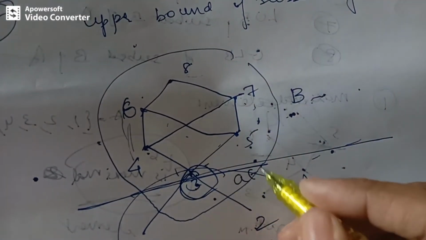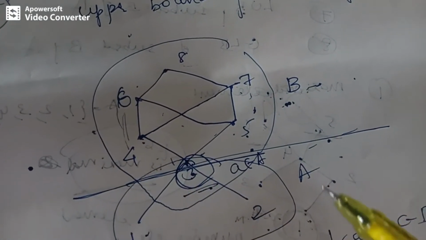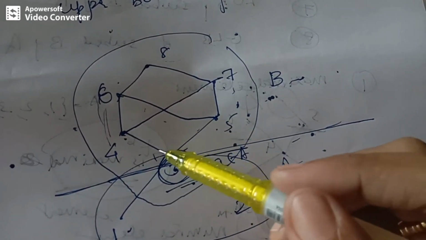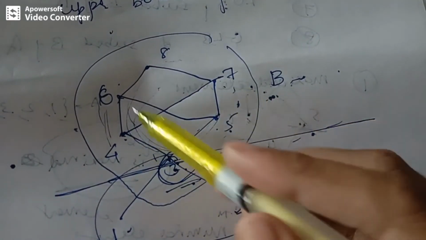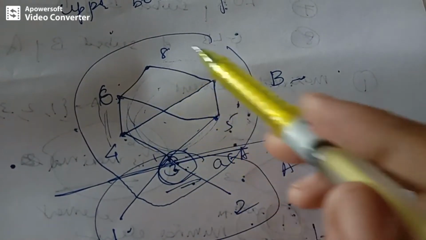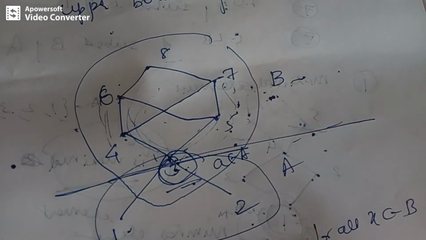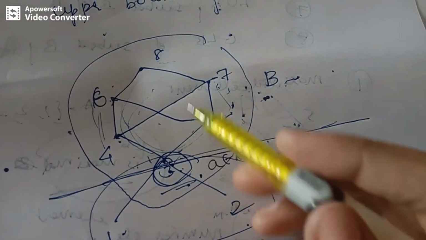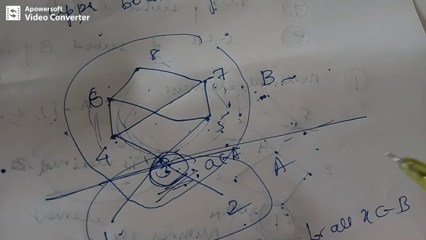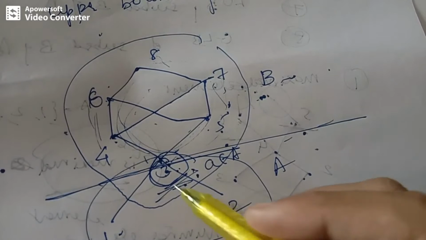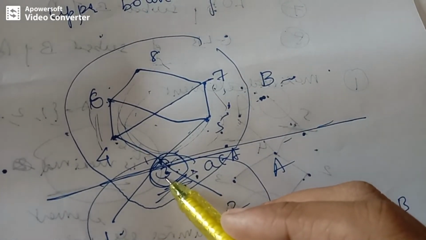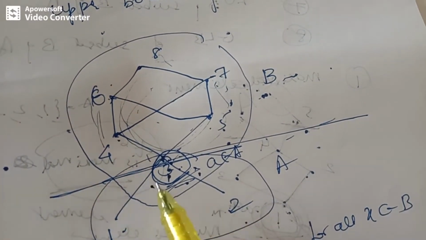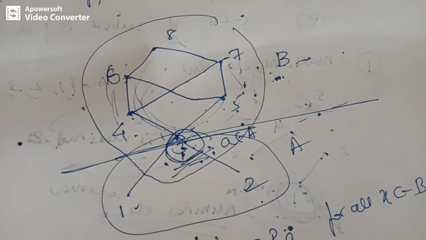So how can we take this as a? We consider this as an element a belongs to A if x is related to a, that is 3 should be related to all the elements in the upper bound. You can observe 3 is related to 4, 3 is related to 6, 3 is related to 8, 3 is related to 5, 3 is related to 7, right? So if there is a relation from all the elements to this element, then we can say that that particular element is an upper bound. So here 3 is an upper bound, likewise 4, 5, 6, 7, 8 are also upper bounds.